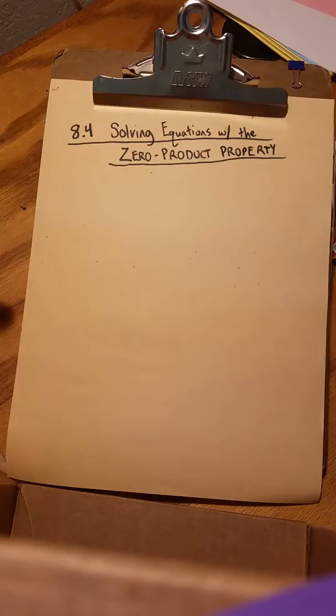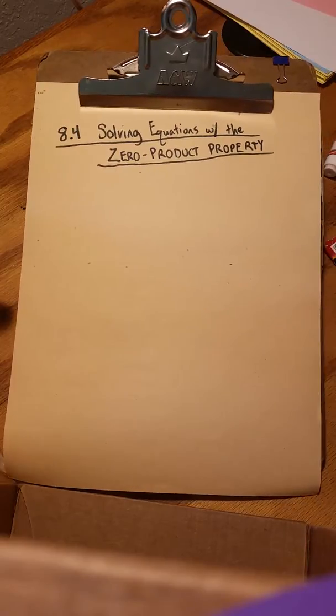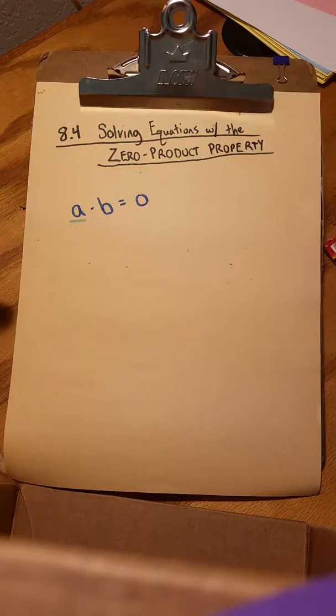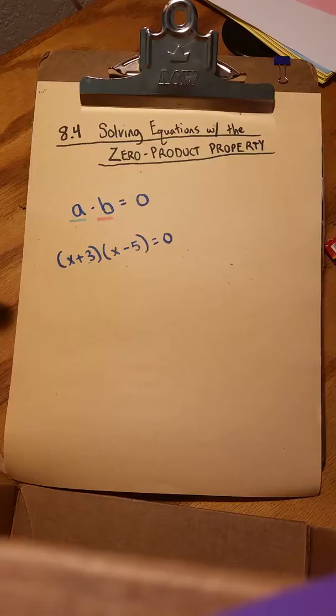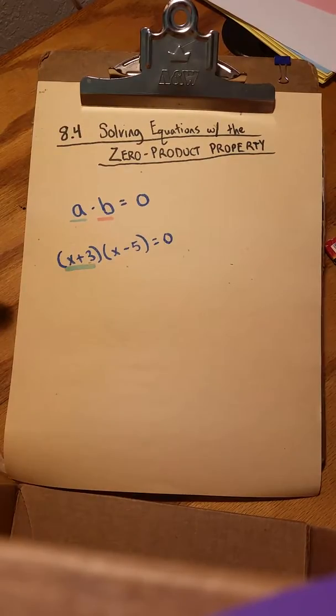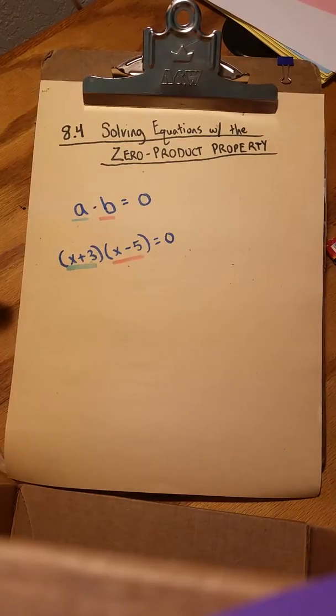In lesson 8.4, we'll use the zero product property to solve equations. If you multiply two numbers together and they equal 0, either a is 0 or b is 0. If you multiply two binomials together and they equal 0, either the first one equals 0 or the second one